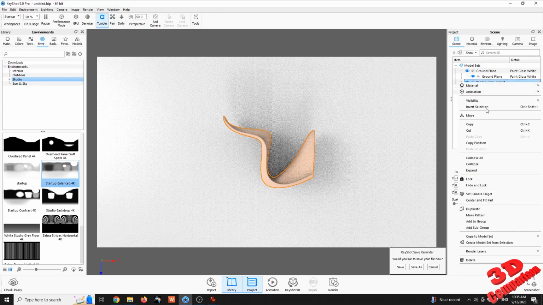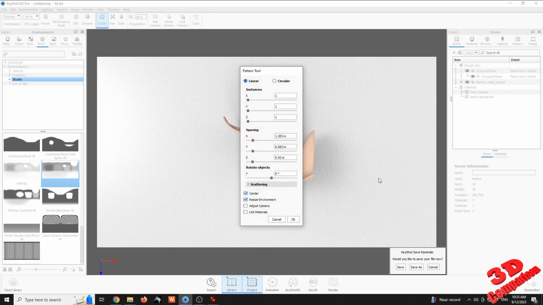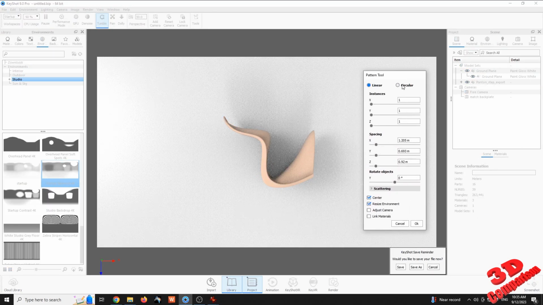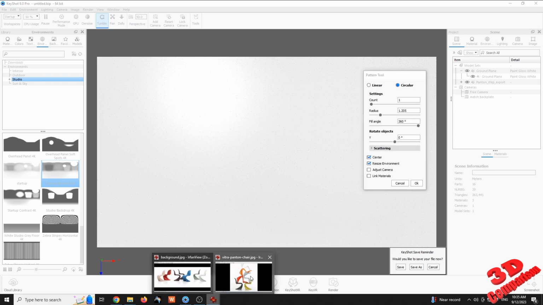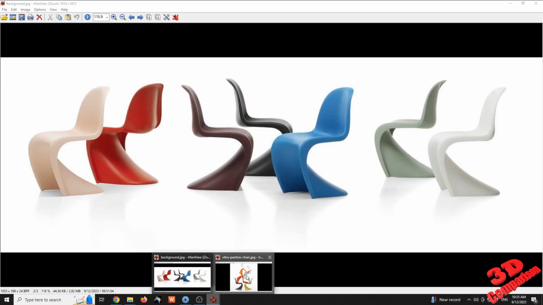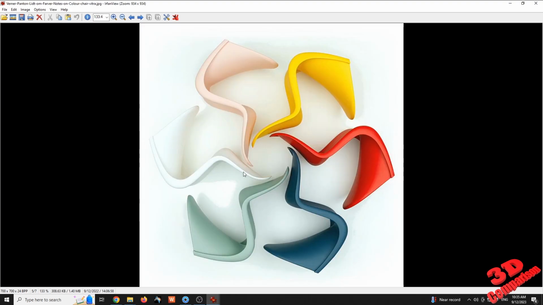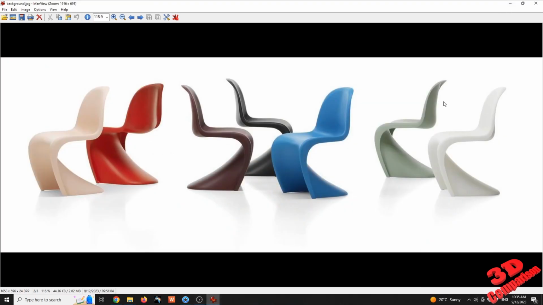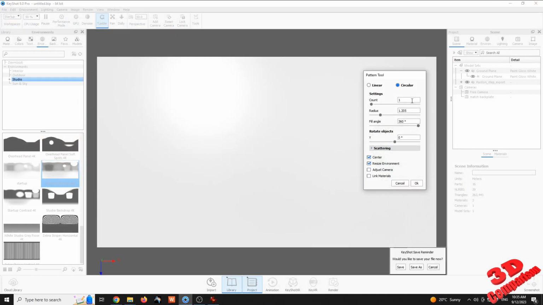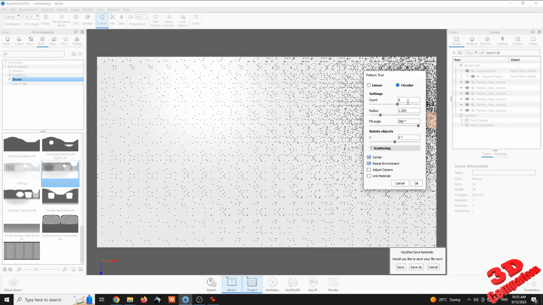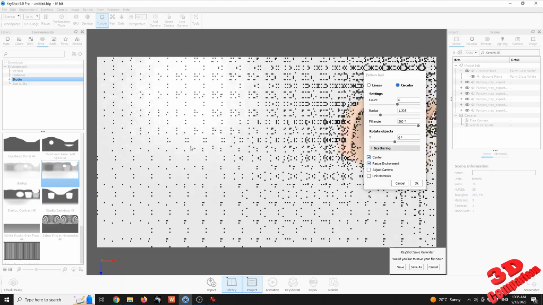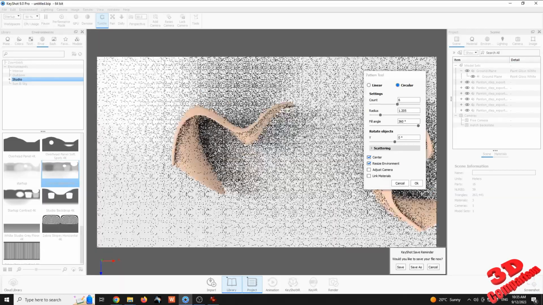And now with the chair selected, I'm gonna go to make pattern. I'm gonna go to circular pattern, and we see that, let's see, how many chairs did we have over there? So a total of 6. I'm gonna add the count to 6. I'm gonna also move over here,